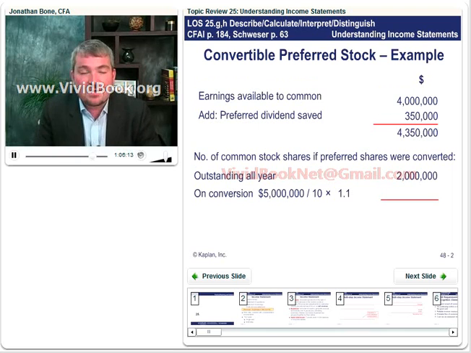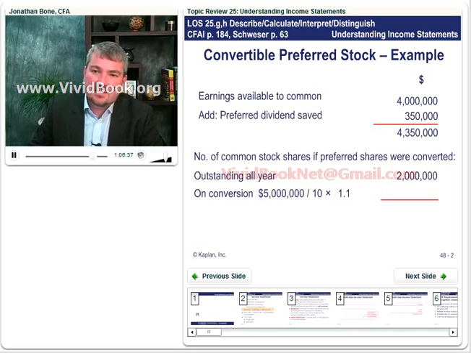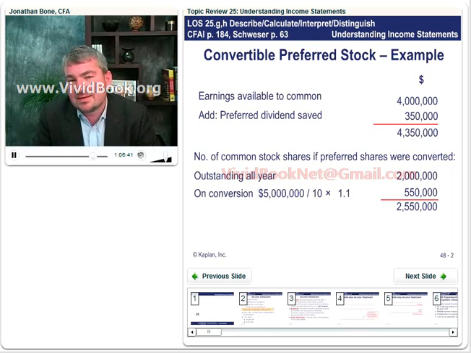5 million par value, 7% coupon, so therefore 350,000. So my adjusted numerator would now be 4,350,000. I also need to work out the impact on the denominator. So my par value is 5 million, and remember, for every $10 of par value, I get 1.1 shares. So 5 million divided by 10 times 1.1, a further 550,000 shares would be created, giving me a denominator of